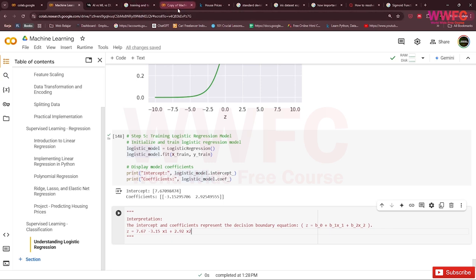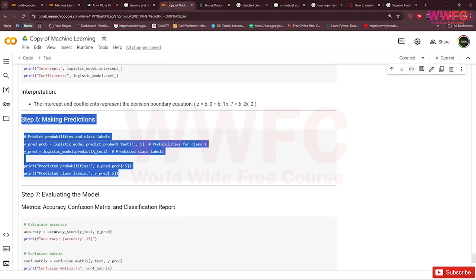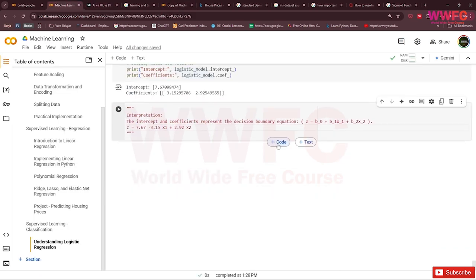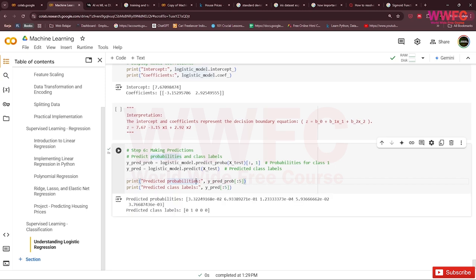Also, we go to the next, making predictions. So we make the prediction in here. Maybe we go to prediction probability: logistic model predict_proba X test, and prediction is logistic model predict X test.